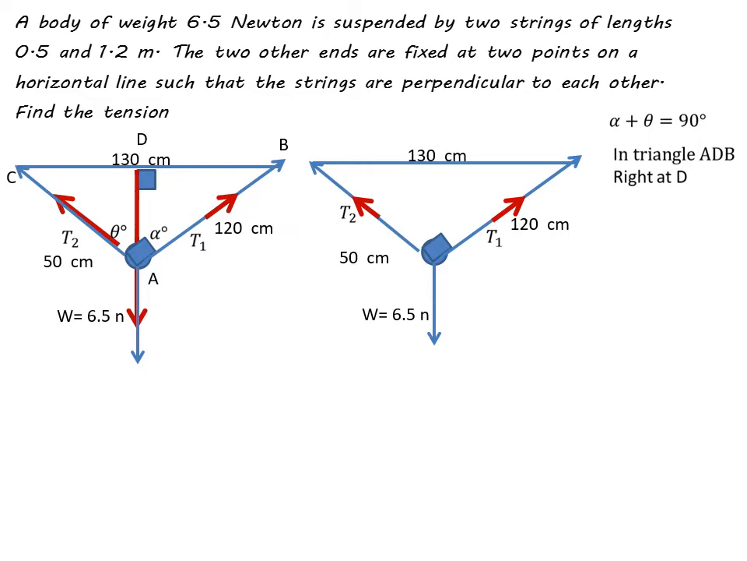That means the measure of the other two acute angles equals 90. So alpha plus what equals 90? As we said in the first statement, alpha plus theta equals 90. So the measure of the angle B equals theta. And also,